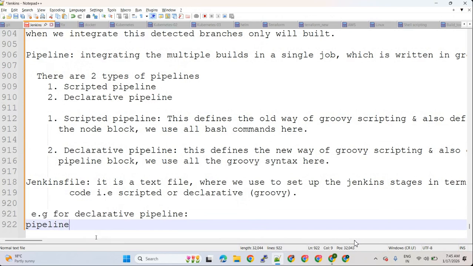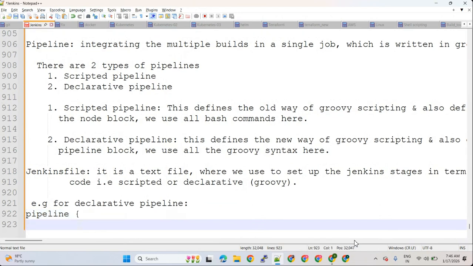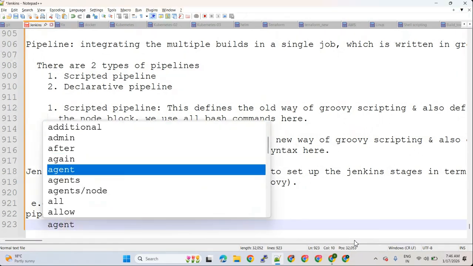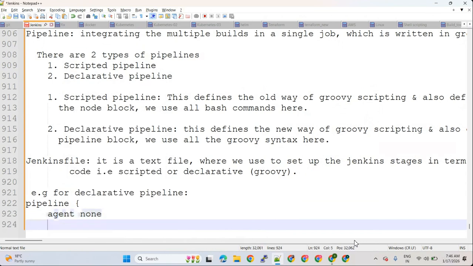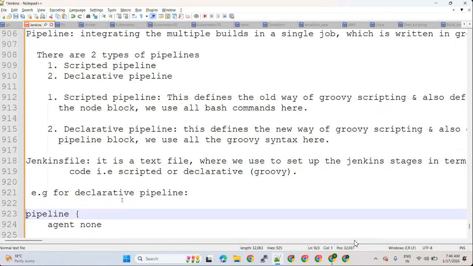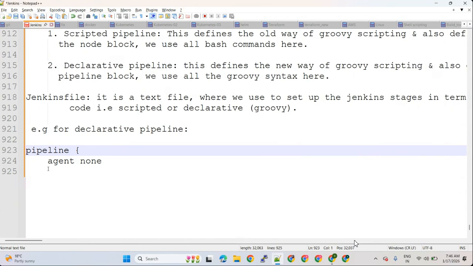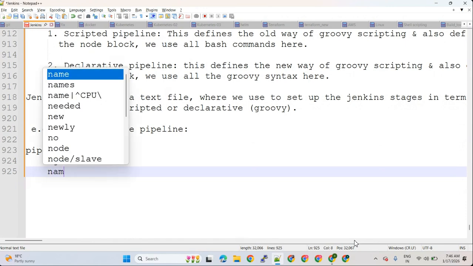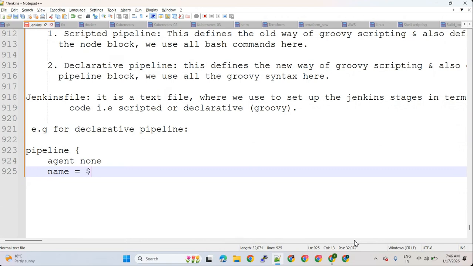It starts with a pipeline, open a brace. We call these curly braces. And then agent. This is the complete syntax of a Jenkinsfile. This is the example that I'm giving for a declarative pipeline. After the pipeline we provide the agent none, and then name equals $name, the variable